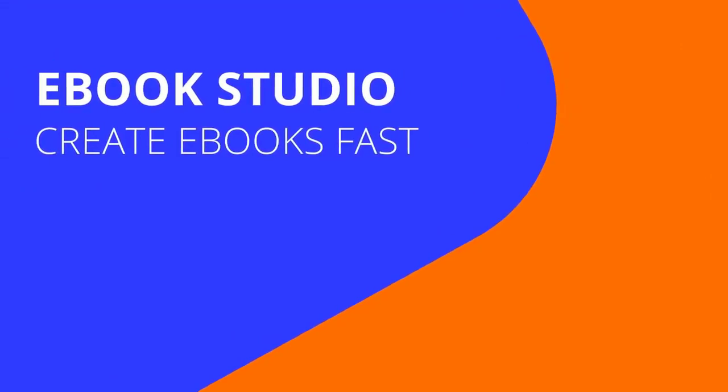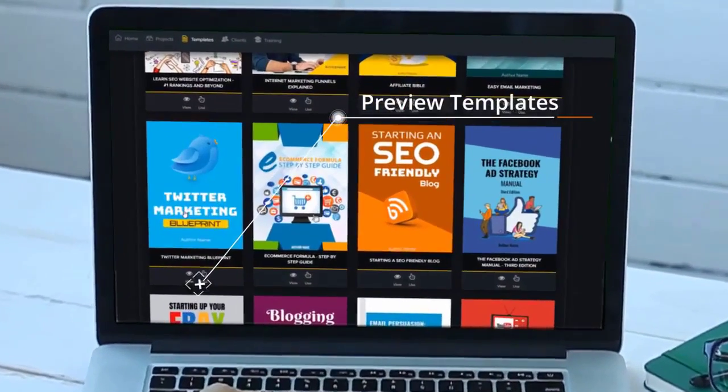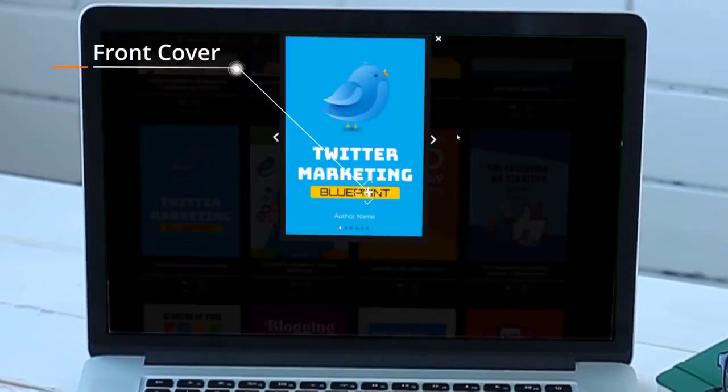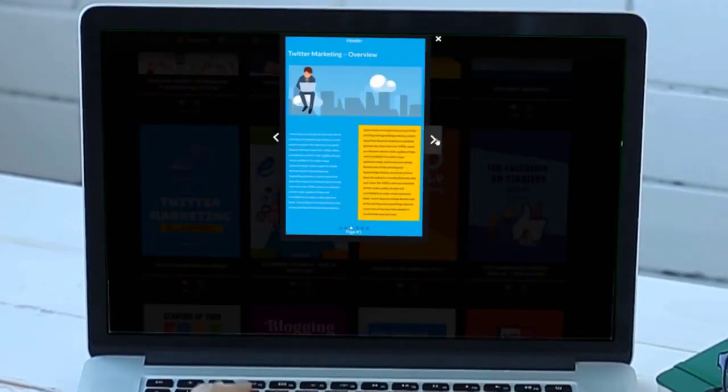Now the ebook studio inside this software has lots of options for you. You can view the covers, the table of contents, the